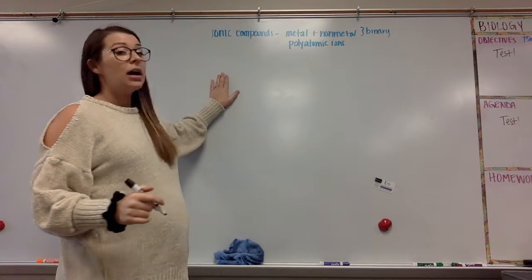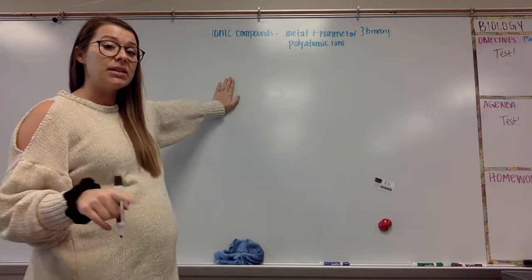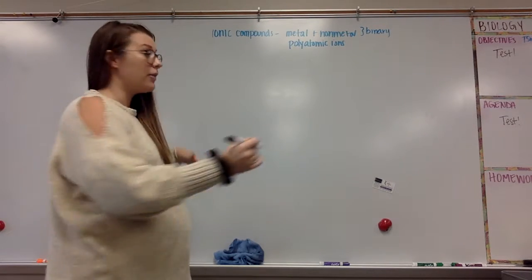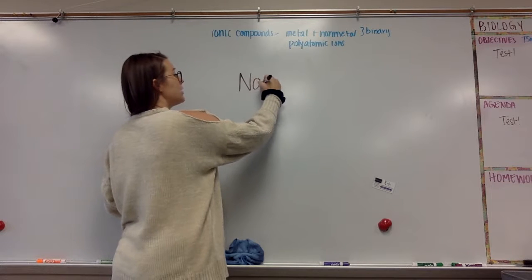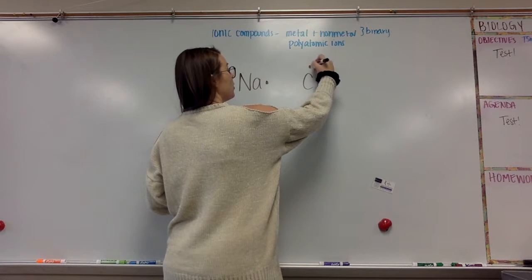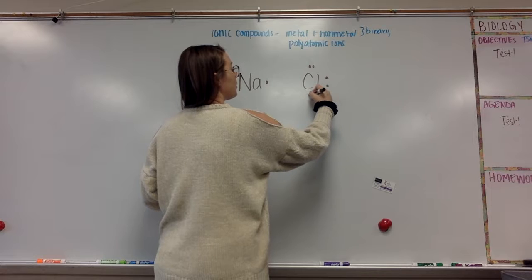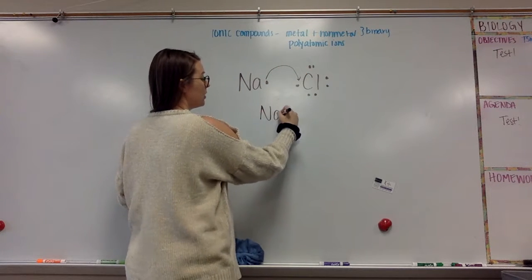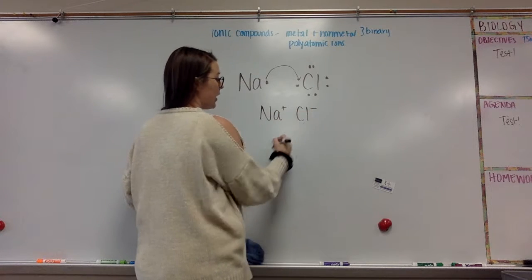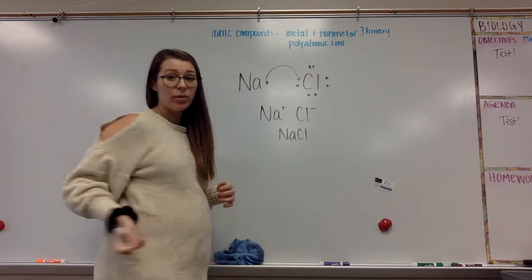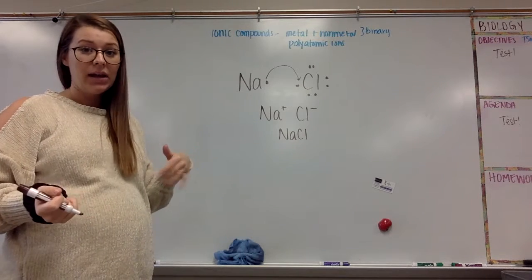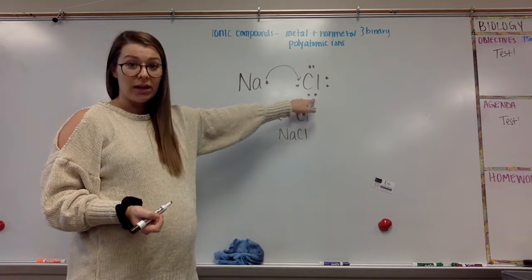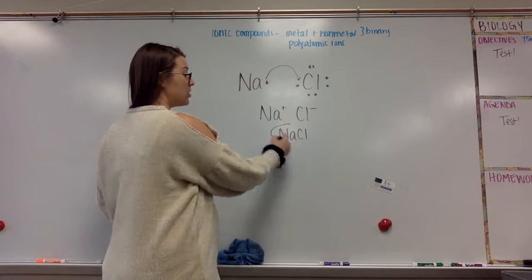So I'm going to teach you a quick way for writing formulas. It did not say it in the PowerPoint, so I want to make sure that you get this information. Hopefully you saw that, for example, with sodium and then chlorine, this went here to form a sodium ion and a chlorine ion, and that is a sodium chloride ionic bond, okay? So the formula, since we needed one sodium and one chlorine to complete these octets, would be just NaCl,